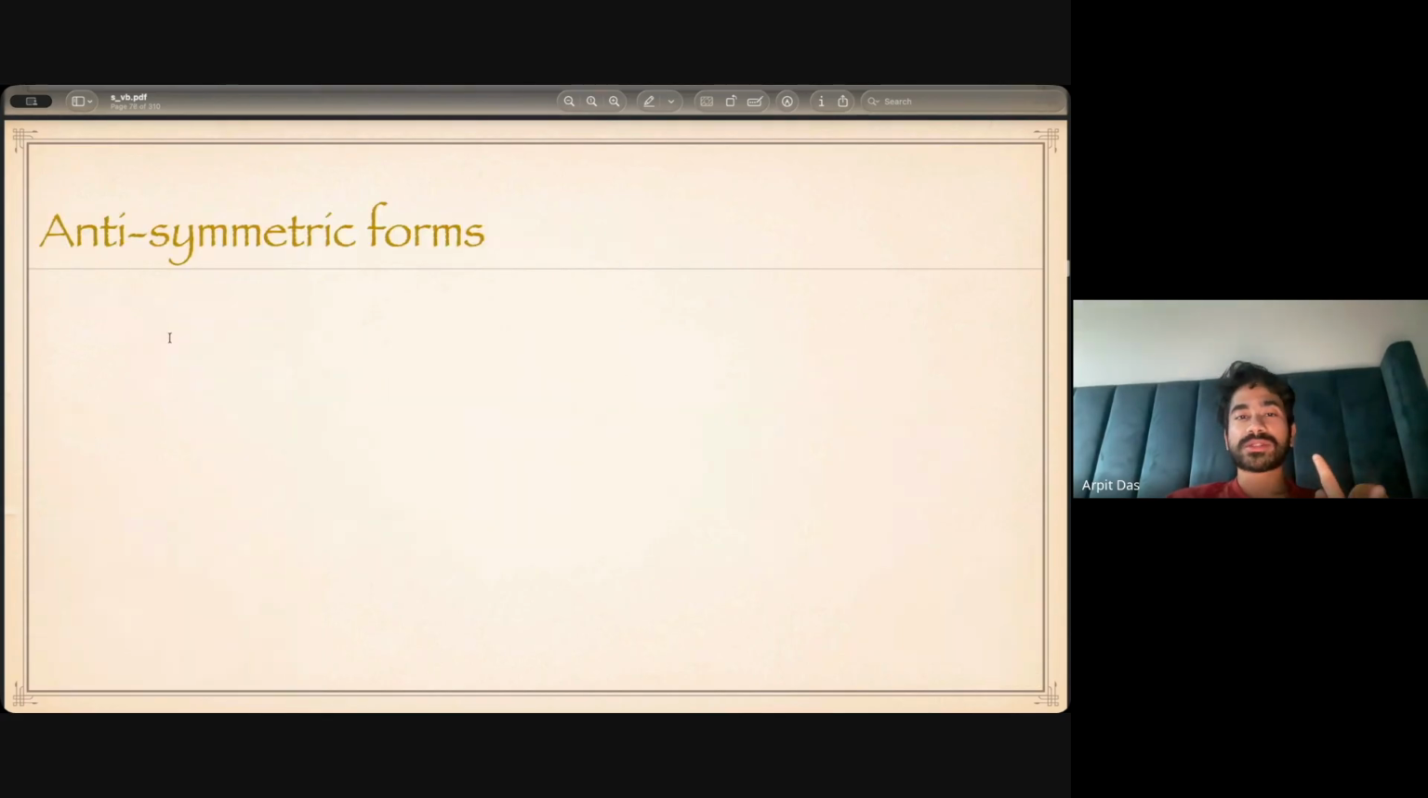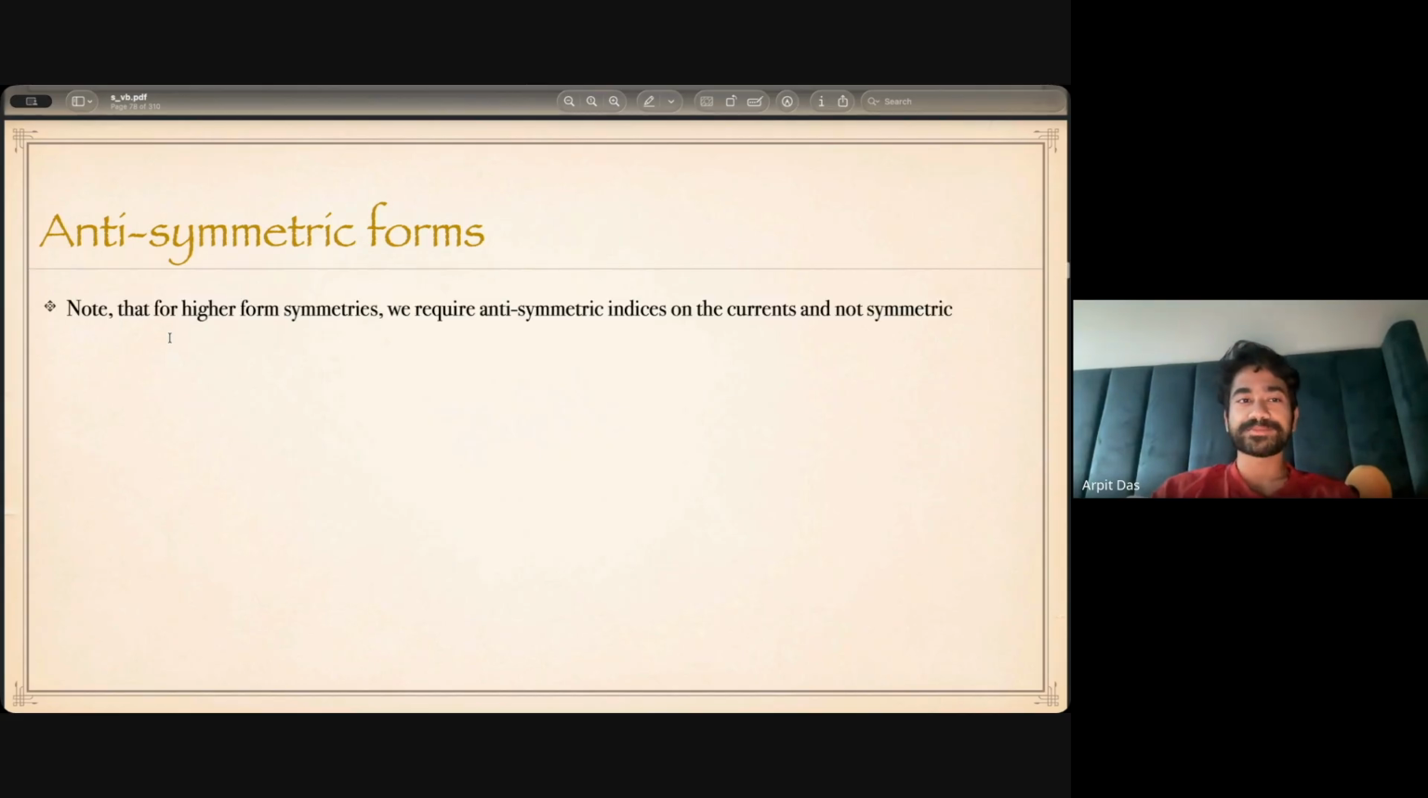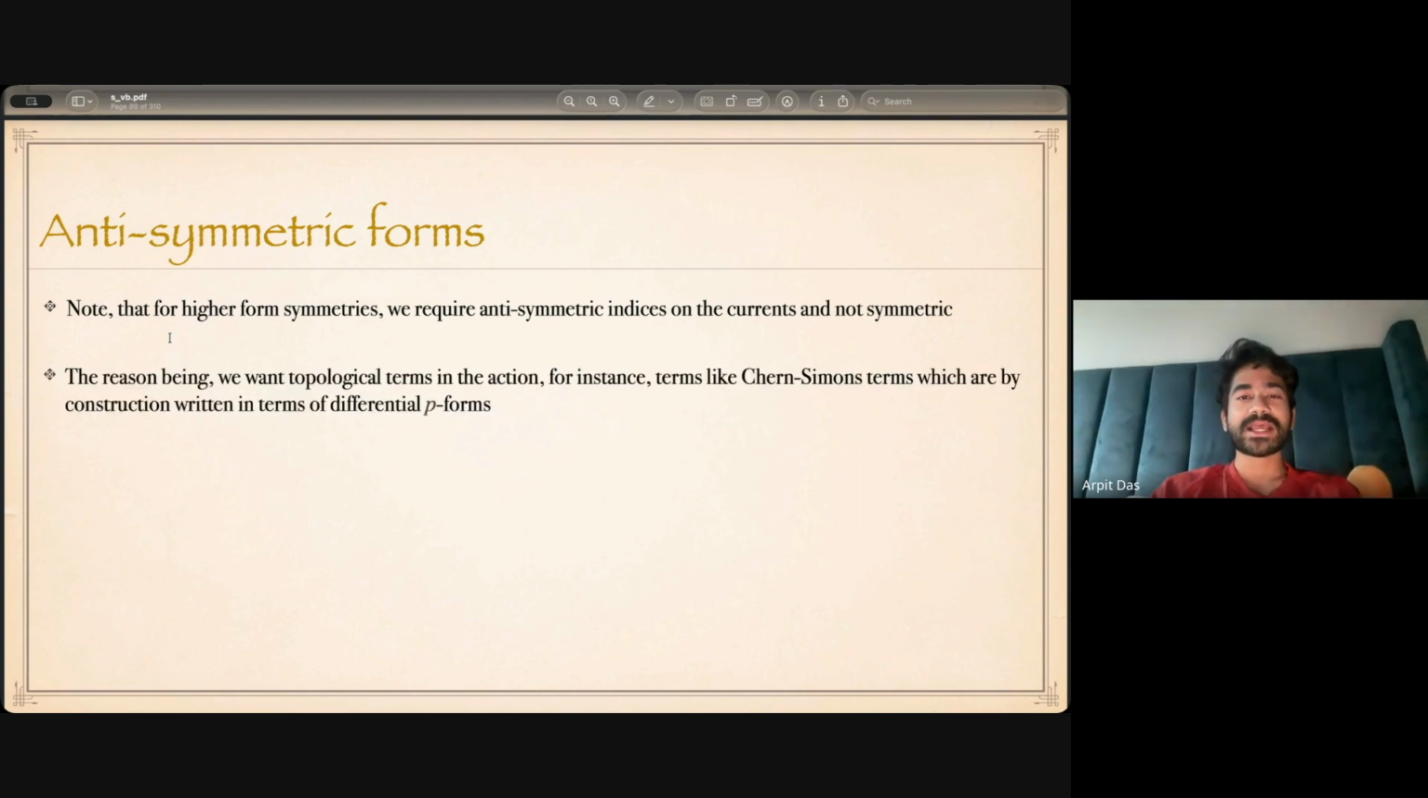Because you could also try to say that I have something called a stress tensor in my theory, and that is also conserved, and it's a 2-index operator. So does it fall under this classification? And the answer is no. Why? Let's try to understand. As I said, we have always been taking antisymmetric indices for our currents and not symmetric indices. And the reason is